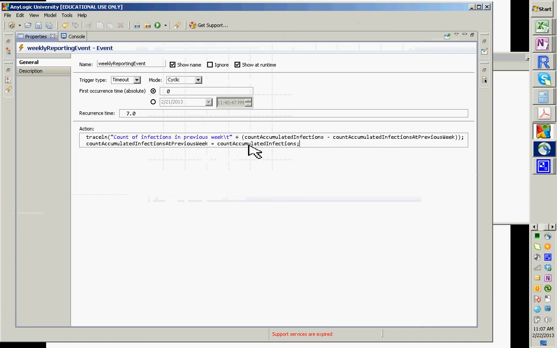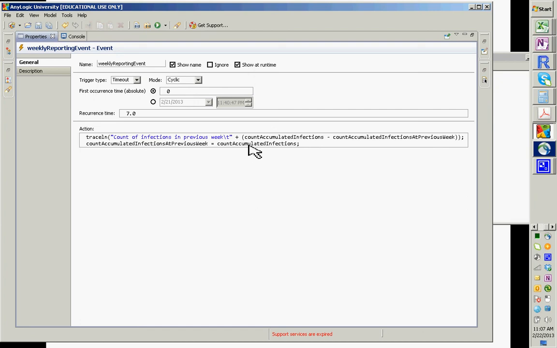Does that make sense, folks? So each reporting event, we have a certain number of accumulated infections. And suppose we know the one as of a week ago. We subtract the two and report the difference, right? Are people comfortable with that? If it's 1,100 now, it was 1,000 as of a week ago, we have 100 more. People comfortable with that? And then we report that difference, and now we're looking forward to the next week